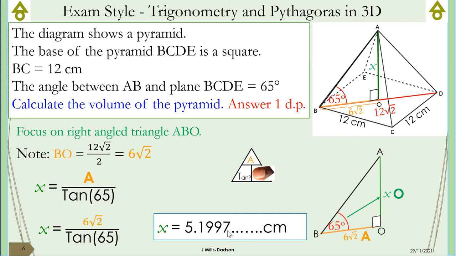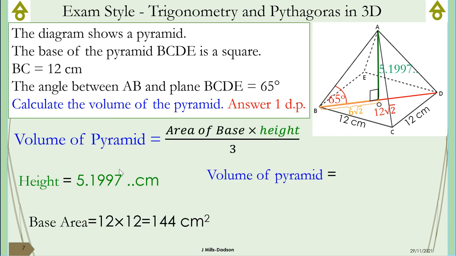Now, knowing our height, we can now work out the volume of the pyramid. The volume of the pyramid, as I said before, is the area of the base times the height, divided by 3. The height from the previous slide is 5.197. The base area, which is 12 times 12, is what? 144. Substituting height and the base into the formula, we have 144 times 5.1977